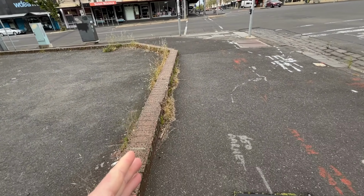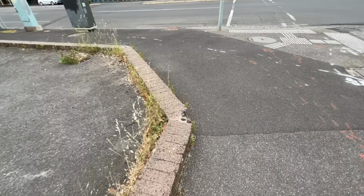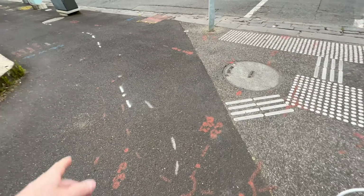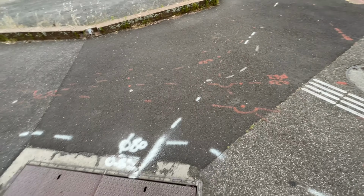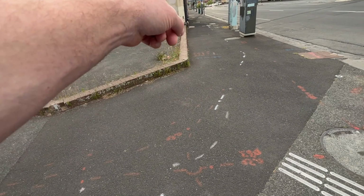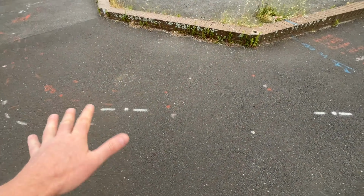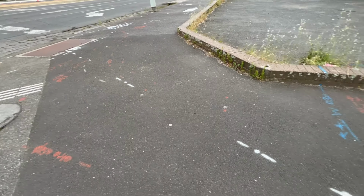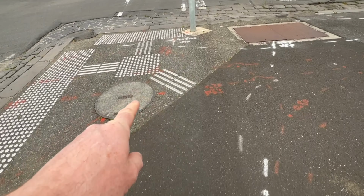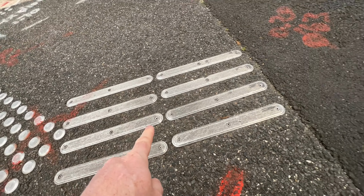Walking along this building line, or building perimeter, this property boundary, I'd like to show you some work that's been done a little while back. There's asphalt here that goes around on the pavement. There's our property line. This here was replaced, and obviously there was some work underneath the pavement that was required. But a part of that work was that these TGSIs here, these directional TGSIs, these guys, they used to